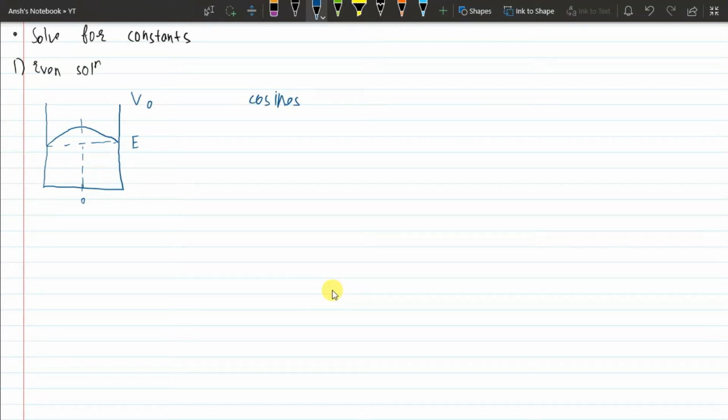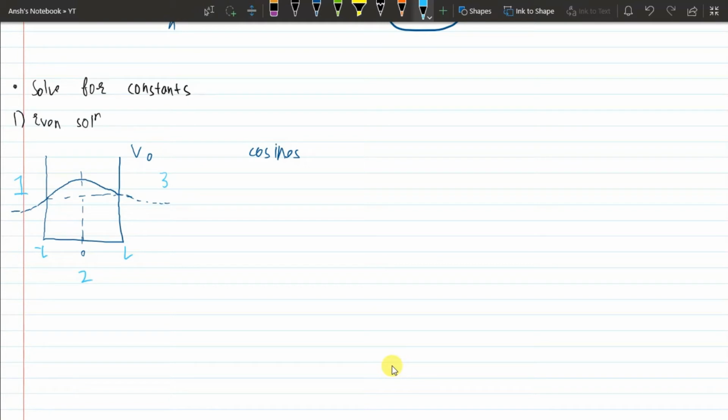we'll start substituting some boundary conditions. So for region 1, region 2, and region 3, we'll use the subscript to denote the region. So there'll be two boundary conditions that we'll be applying. The one is that psi is continuous at x equals L, and since the Schrodinger equation is a second order differential equation, psi prime is also continuous at x equals minus L. It's also continuous at x equals L, but we can use any of these conditions, and for the purpose of this video I'll be using the condition at minus L.